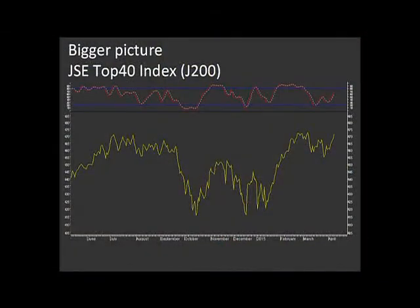Well, I want to just revisit this chart of the top 40. And again, this is a chart that we did show last week. It's a line chart of the top 40 index, as opposed to the normal bar chart that I normally use. I just felt that the line chart here is a lot cleaner to see what's going on. And what's very evident is this overhead resistance at about 47,200 on the top 40 index. You can see we bumped up against that in July last year. We bumped up against it a few times in February this year, and then we consolidated in what's almost like a small channel, or you could perhaps call it a bull flag type of